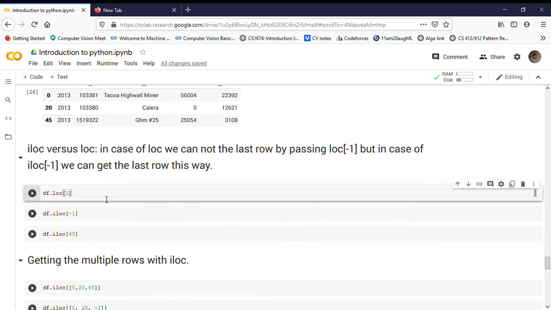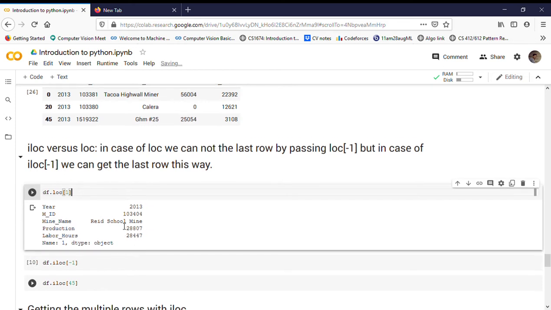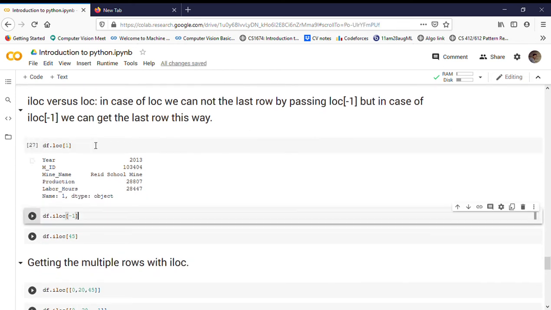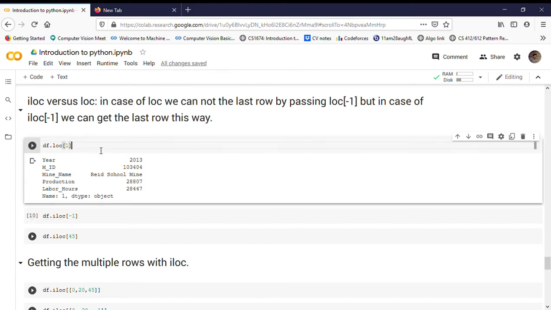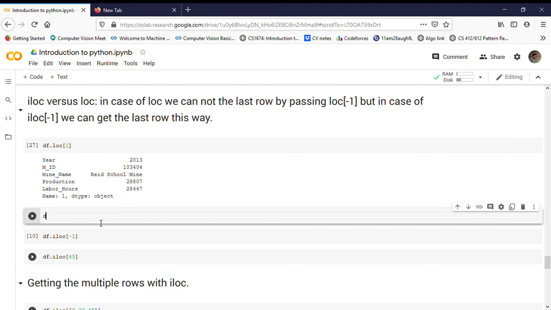If I write df.loc 1, you can see I am getting the first row. Now suppose I write df.loc and pass -1.